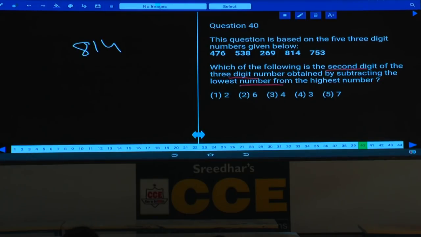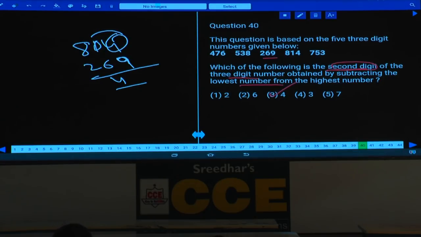Lowest number is 269. Now the question is about the second digit, isn't it? Second digit of this one. What is the second digit here? And this will be 5. If 5 goes to this place, this will be 0. And 0 minus 6 will be how much? 0 minus 6 will be 4. Now 4 is the answer, that is choice